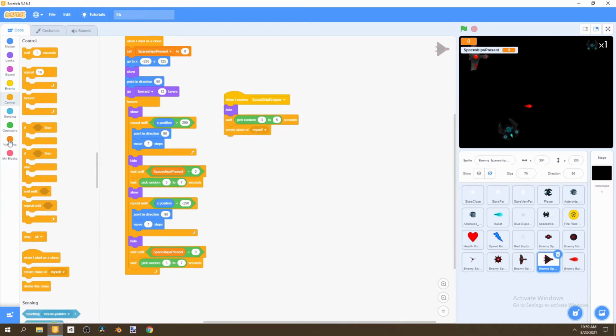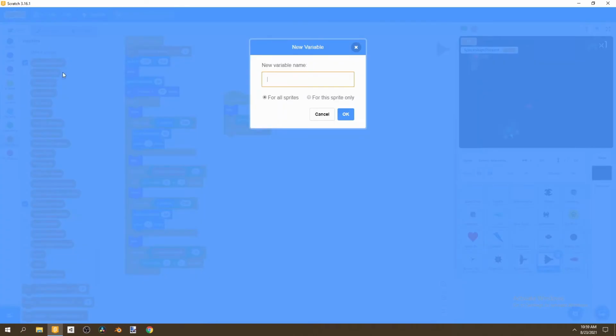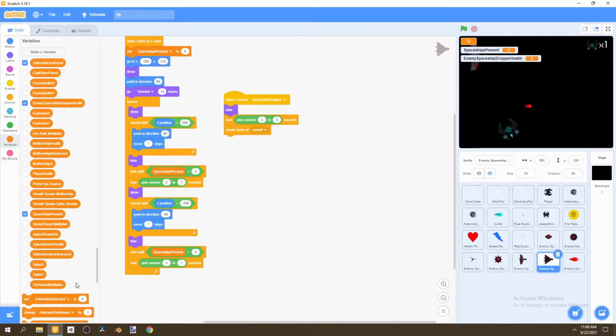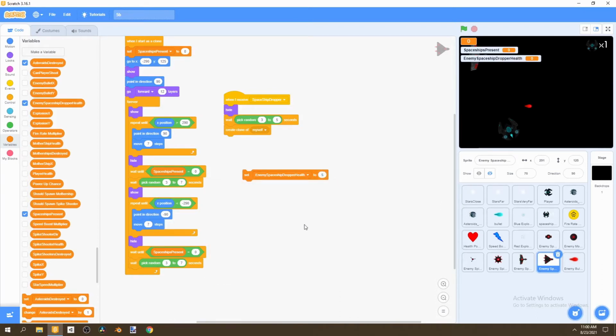And then we would go to variables and make a brand new variable called enemy spaceship dropper health, and this will allow our player to hurt the enemy spaceship. So you can go to the variable and set it to 5,